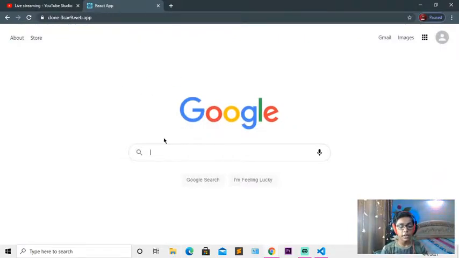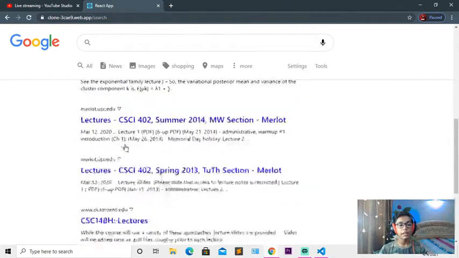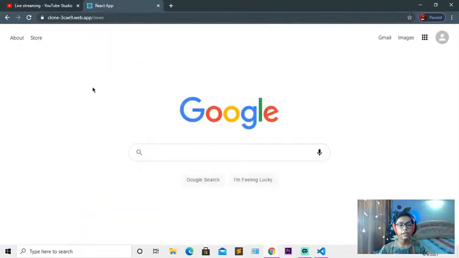If I search here for anything, like cricket, as I've shown you, or you can search football and press enter, you can see you are getting these things because here I have only linked these things. You can also link other things, but now we will be starting to build this Google clone